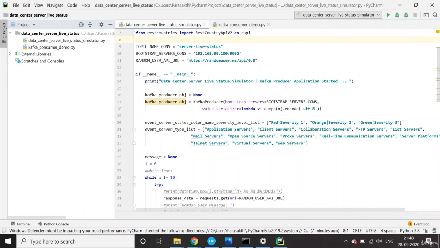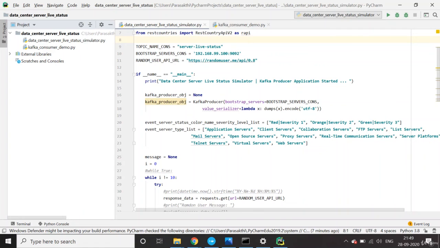So how will it behave? All the data centers will have some kind of utility, which can be open source or a commercial version, that generates the logs of the server and sends them for analysis. Keeping that in mind,